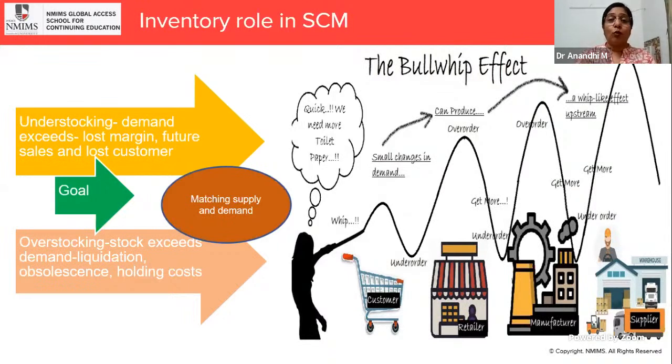So how we have to balance this overstocking and understocking situation is always by matching the supply with your demand. What is the demand and how are you going to match the supply? If the demand decreases, obviously you need to bring down your supplies also, since there is less demand in the market. When the demand increases, that is where you have to wake up. It's a wake up call for you. You need to speed up your production process, roll out more units to meet the market demand. Otherwise, there is always a threat